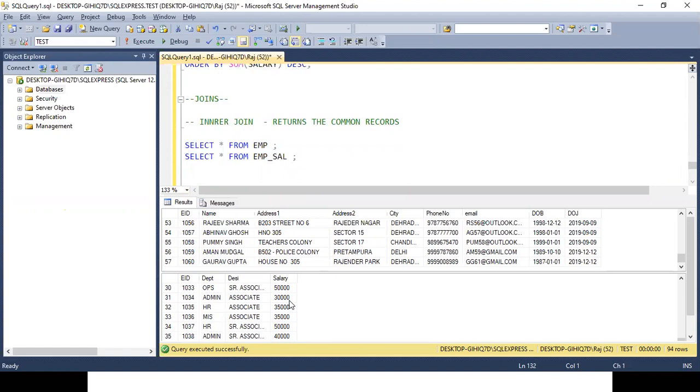So we will say select emp.eid, emp.name, emp.city, emp.toj, emp.dob. Let's make dob first.